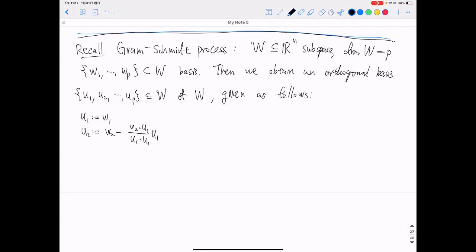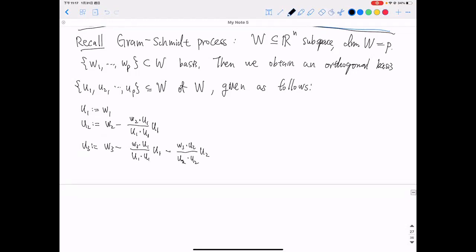And U3 is W3 minus some portion of U1 minus some portion of U2, and the numbers are as follows. This is W3 dot U1 divided by U1 dot U1, and W3 dot U2 divided by U2 dot U2. And in general,